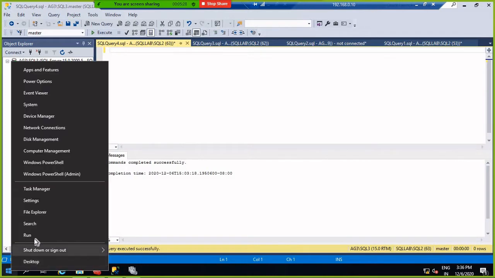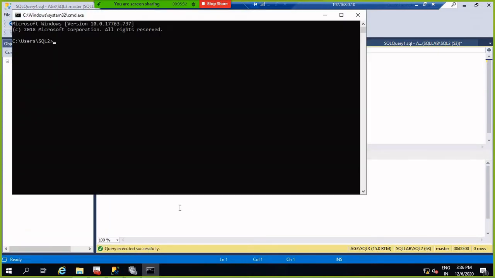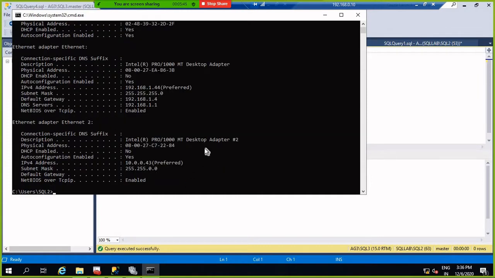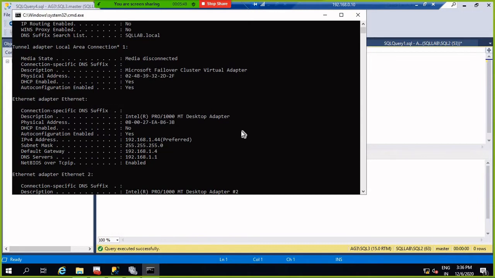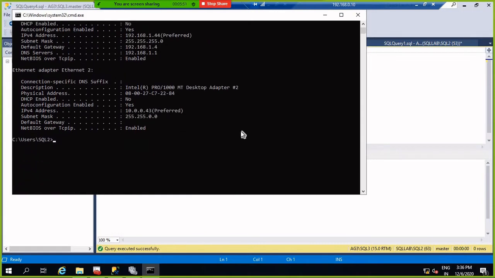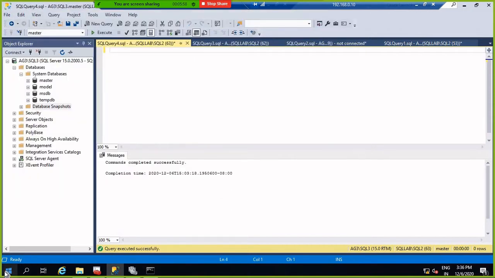So here, if you remember the earlier IP addresses, I will show you manually here.